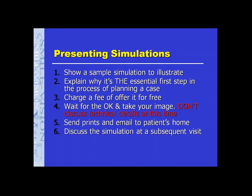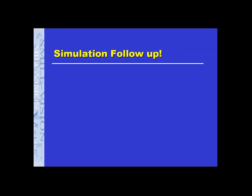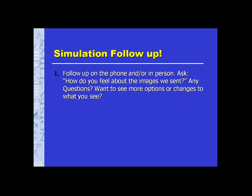Discuss the simulation at a subsequent visit, and make a written and verbal case presentation to interested prospects. Follow up on the phone or in person. Ask, how do you feel about the images we sent? Are there any questions? Do you have any comments? Do you want to come in and speak with the doctor about this? Very, very important to